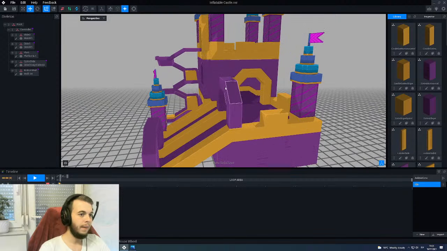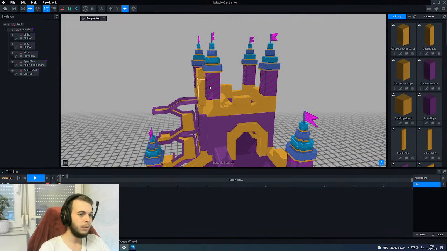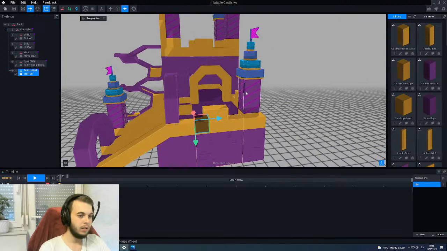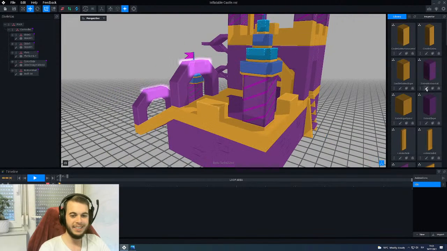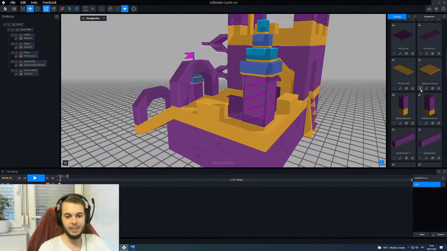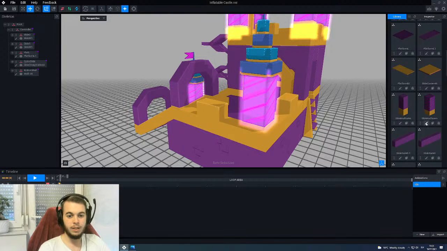Then let's try to, why can't I select this? Platform L, slides. Where is this one? I mean, it's not even shown in the hierarchy. That's kind of odd. Maybe we can try to find it in